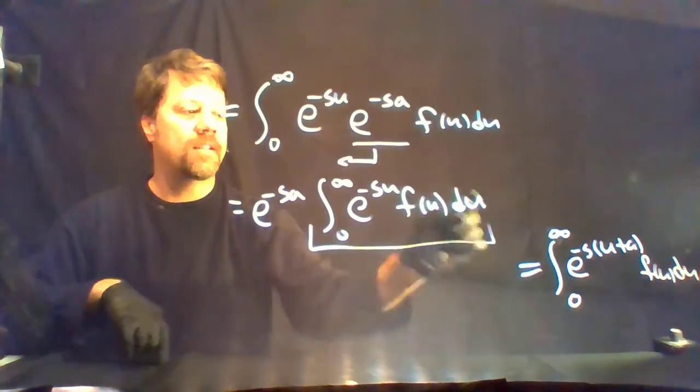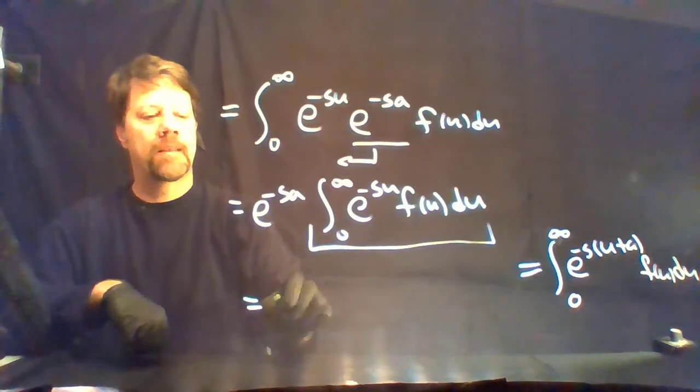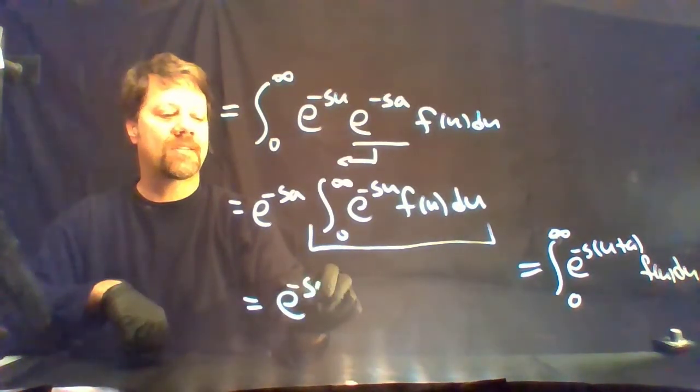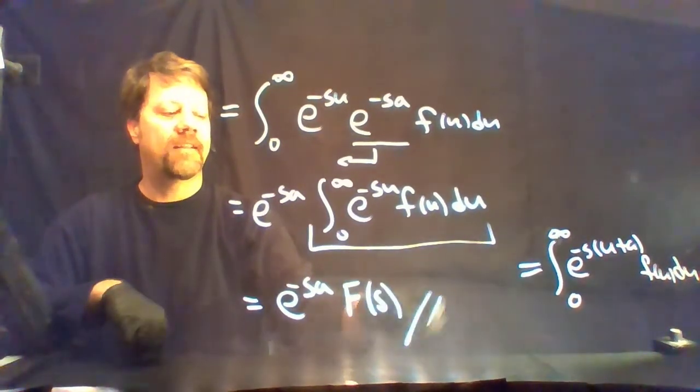And this is just the Laplace transform of f. So we get e to the minus as times the Laplace transform of f,